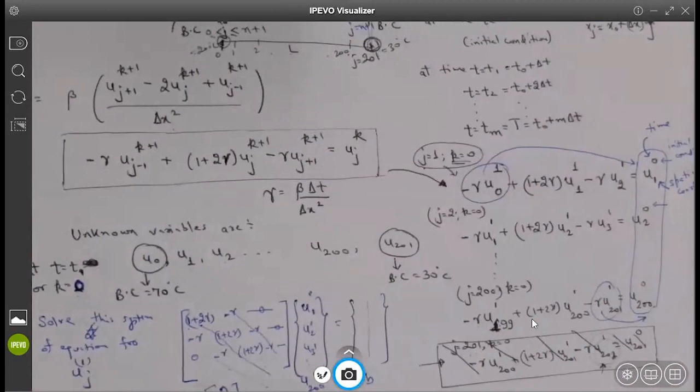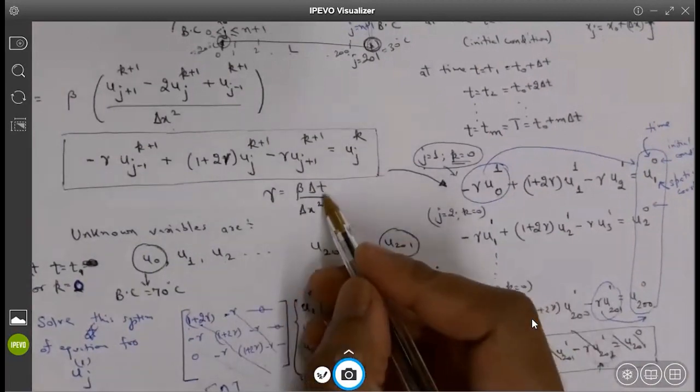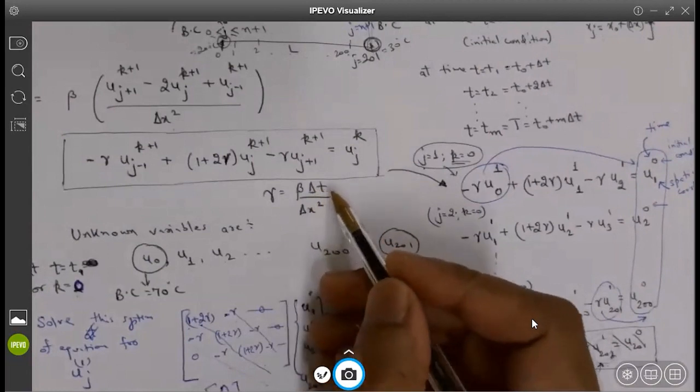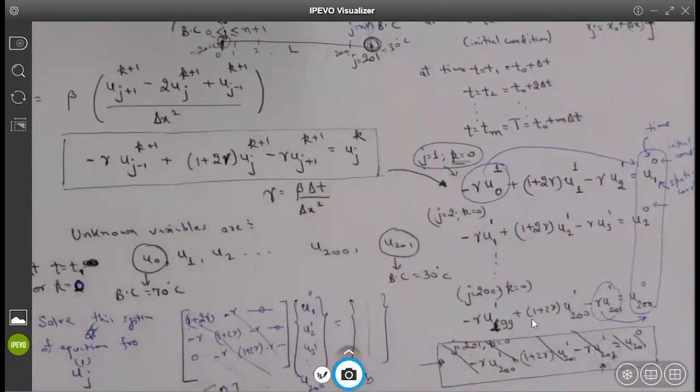Professor, for time interval k, I think k has to go from 0 to 40,000 or something. Yeah, I don't know exactly what delta t is, but you can find what delta t would be. So I solved for delta t and then solved for k, and I got k going up to about 40,000. 40,000 iterations. Okay, fine.